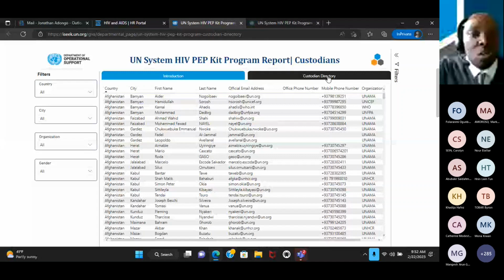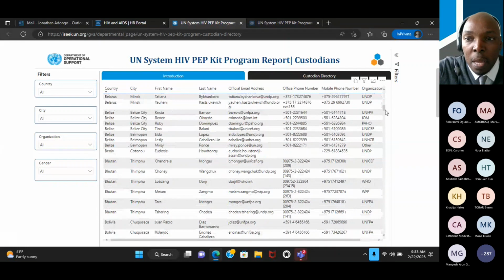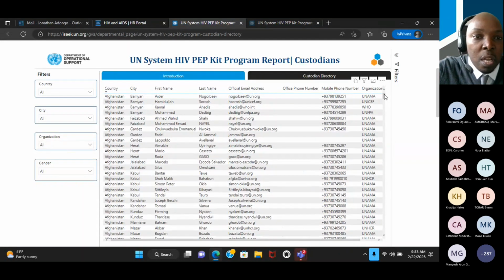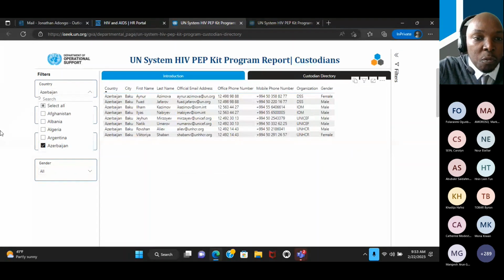So how do I then find the information that I need? Obviously, the countries are sorted in alphabetical order, which means if you're not alphabetically at the top, you might think of scrolling down, which can become really cumbersome over time. However, we do have filters on the side that can make your process much easier. There are two ways to filter the directory. For example, if I want to filter by country, I'd click the drop down arrow and I could point and click Azerbaijan, for example.